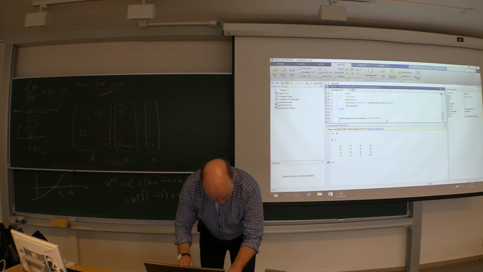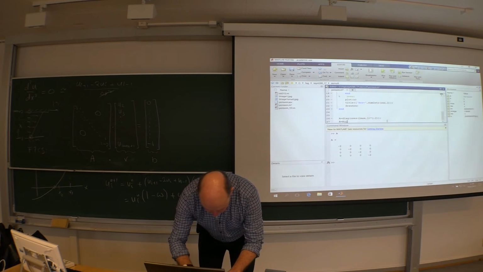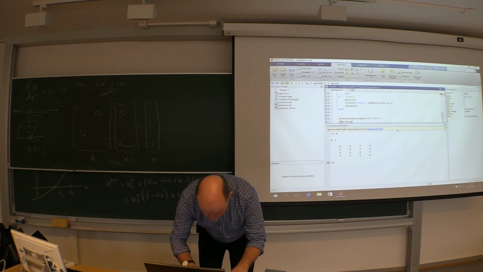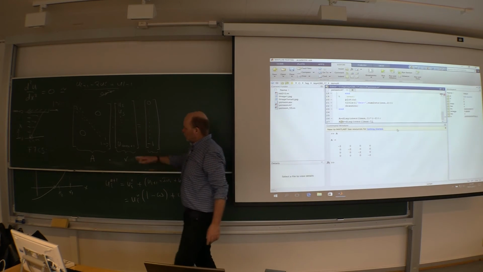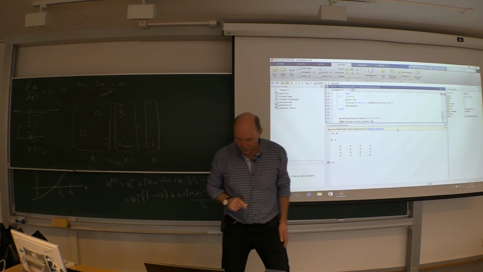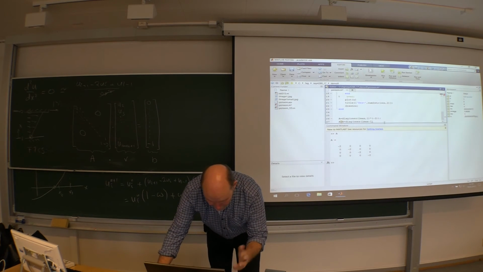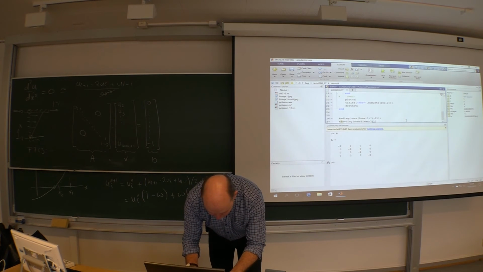So A equals A. Oh, sorry, big A equals A. Then we do the same diag. And then we have ones. Sorry, ones of. But now I need one less. Now I'm going to construct the two bands next to the diagonal, and they are one shorter. So the length of the diagonal is Emax. Now I have Emax minus 1, comma 1,